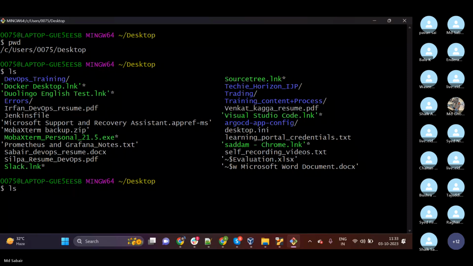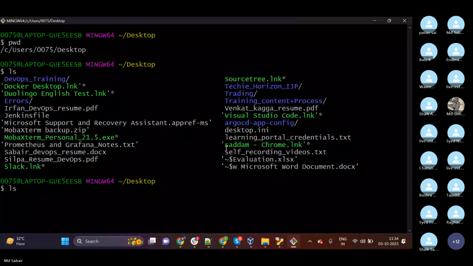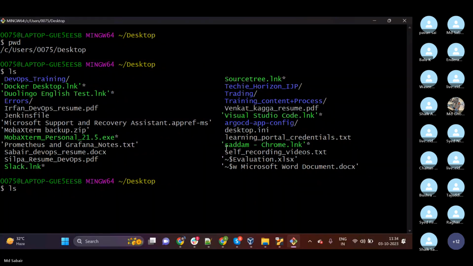Apart from this, Linux operating systems provide very good security. I mean, they are more secure than Windows operating systems. If you remember, when we open any browser in Windows and try to access some website, what will happen? There will be a lot of pop-ups and ads. And if you click on any ad, some malware will get installed on your machine and it will corrupt the system. But in Linux, there is no chance. You will understand what you are performing, so you will be aware of what you are executing.